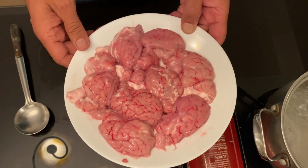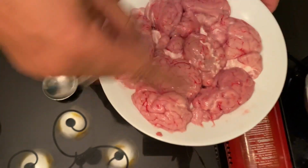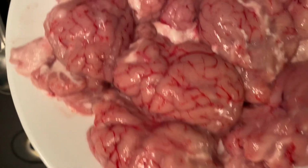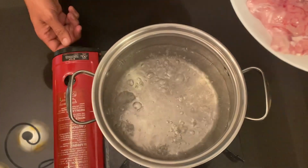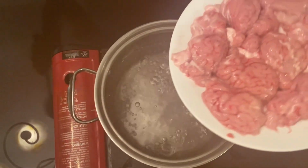So I went and got some fresh brains and here you can see they are a lot more pronounced. Each one of these is a half a brain, and you can see the veins very, very clearly, and these are the veins we are going after. So right now I have my boiling water right up here, and I'm going to put them in there. I'm going to bring it to a rolling boil as much as I can,